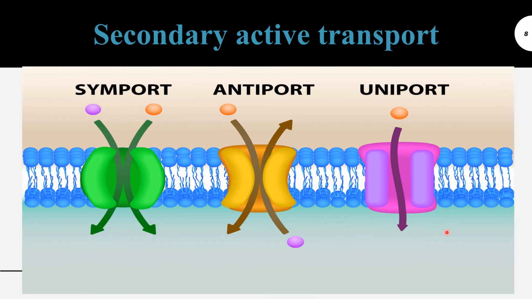So these are the transporter proteins that transport two different molecules simultaneously from one side to other side. Okay, usually from the periplasm to cytoplasm. Okay, and this transport is simultaneous transport in one direction for two different solute molecules. In case of antiport, the two different molecules are transported in opposite direction through the same transporter proteins at the same time, whereas in uniport only one solute is transported in one direction.